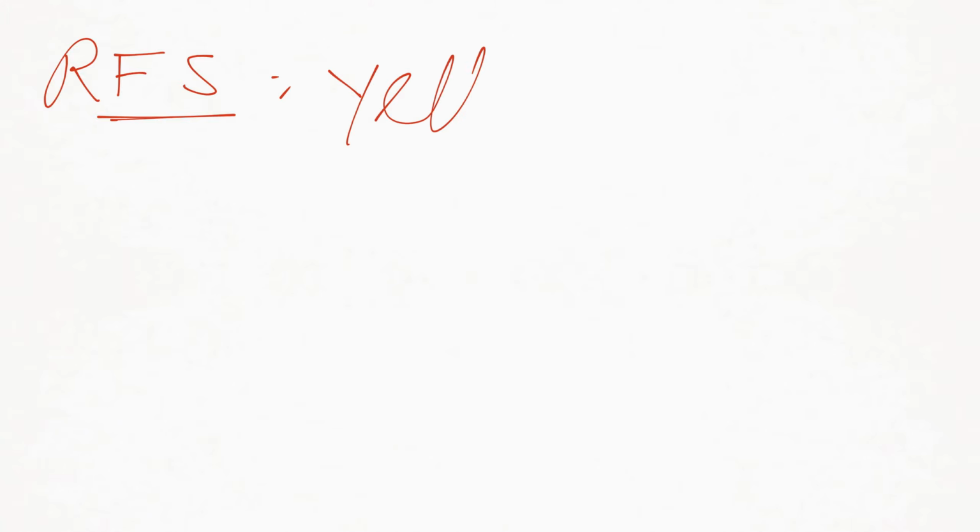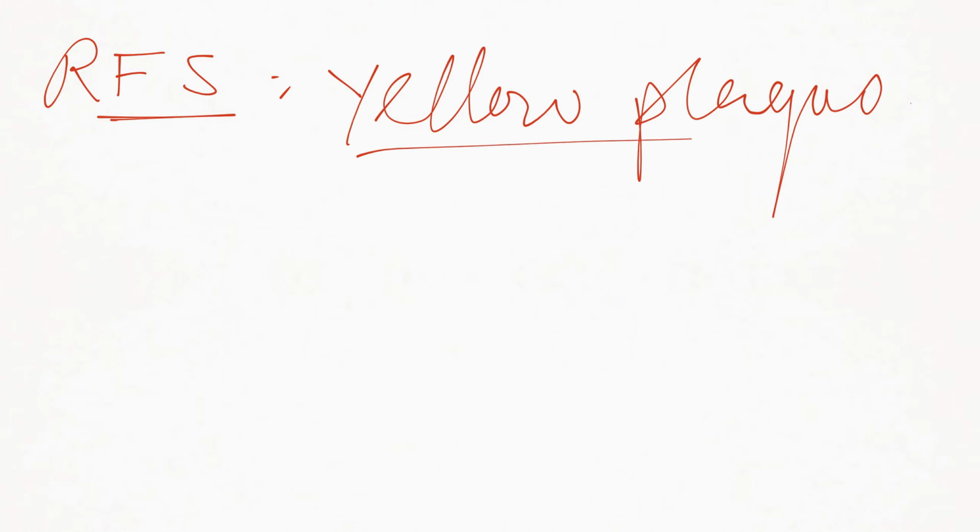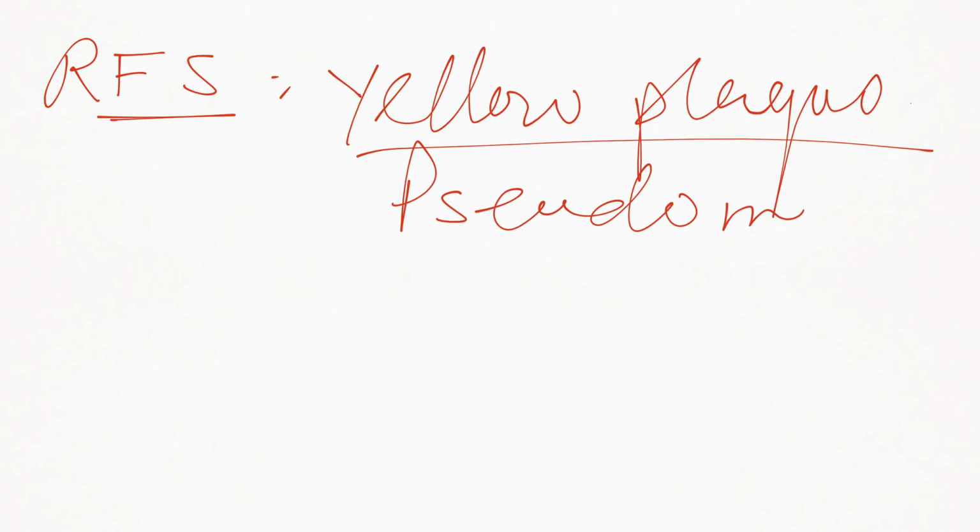In this case, you have to mention that in rapid flexible sigmoidoscopy, you will find yellow plaques, okay. Yellow plaques are a sign of the pseudomembrane, okay. And you will find some exudate,